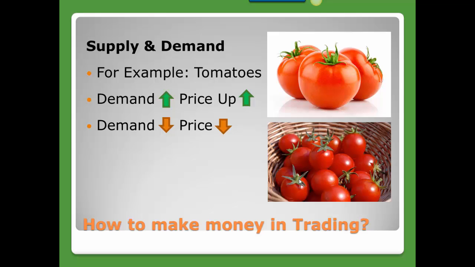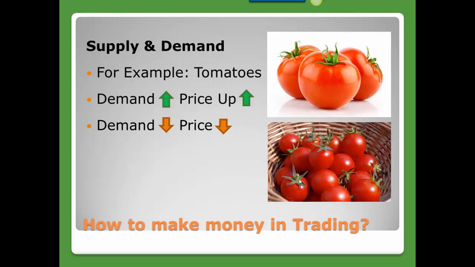Now, however, let's say another stall opens up in the same farmer's market and they come in with a basket full of tomatoes. All of a sudden, the 10 customers in line do not have to buy the tomatoes from this one shopkeeper. They can go to the different stall and buy from the different person who has just come into the market. So the tomatoes that were selling for $4 may not be worth as much to you, because you can just walk over 2 feet and buy tomatoes from this other person who's also selling them for $2 a pound.